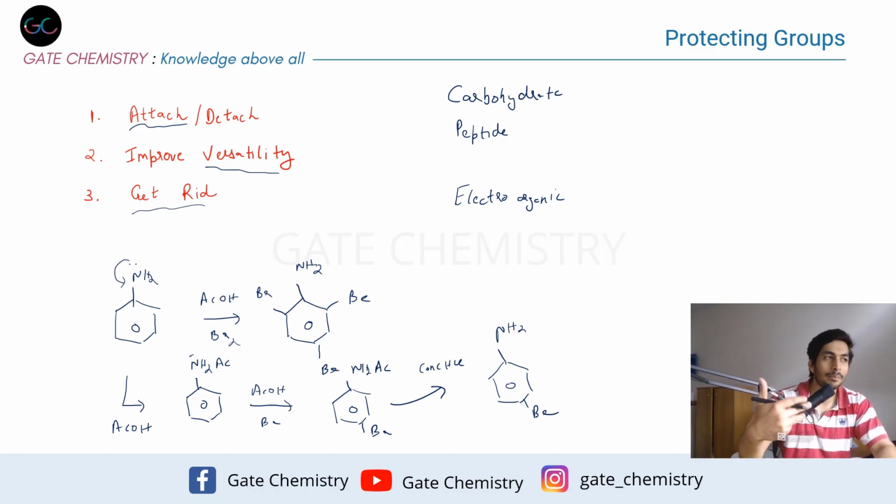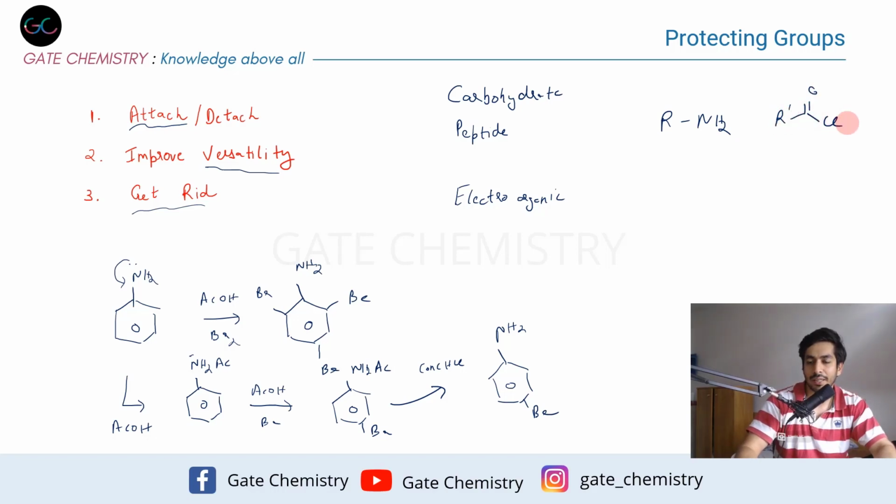But if you want to deprotect an amide for, let's say, sensitive substrates, some substrates that are base sensitive for that matter, or acid sensitive, in that case you will have difficulty in deprotecting the amide group. So that is why amide protection is not generally carried out, because deprotecting it requires very harsh conditions. Otherwise, if you want to protect an amine RNH2, if you have an acyl chloride for that matter, this can lead to